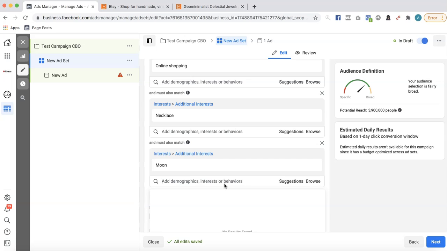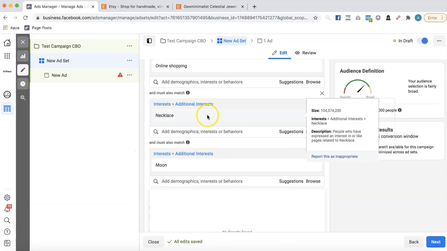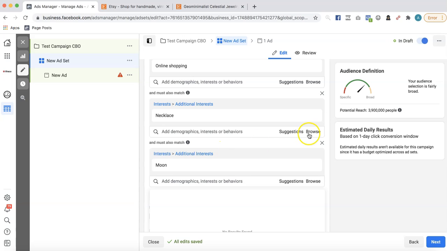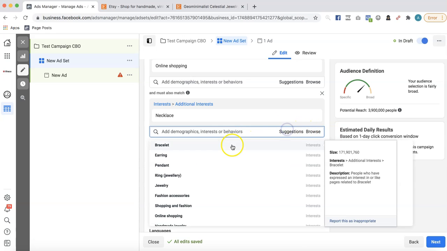Otherwise, you will never know, and you might miss an important detail and leave money on the table, okay? So here we have 4 million. That's actually a good one. Also here, so we have moon and necklace. Let's see if we can find something else here. So for example, we have pendants,